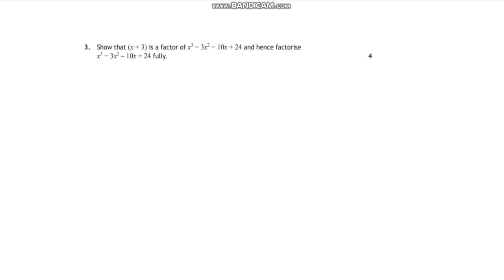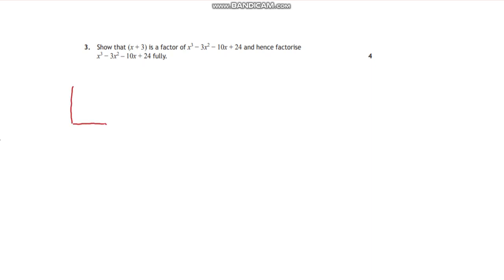Question 3. So again, with these videos, pause, read the question, then see what you think. When we're looking at factorising a polynomial, so quadratics are the power 2, anything above that we're going to call a polynomial. So if we've got power 3, we're thinking I've got a polynomial, and I'm going to have to